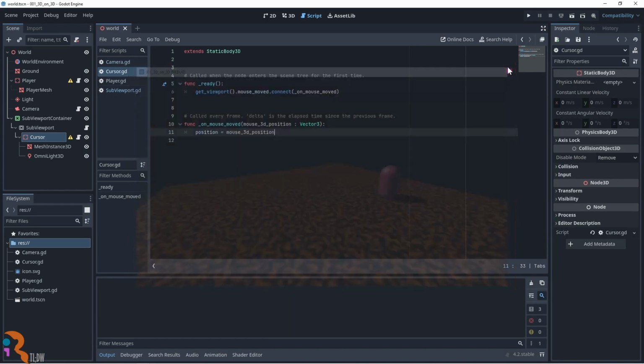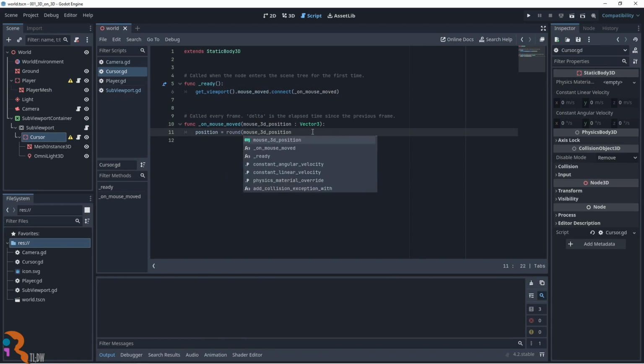And if we want to tie it to the tiles grid, we have to adjust the coordinates this way.